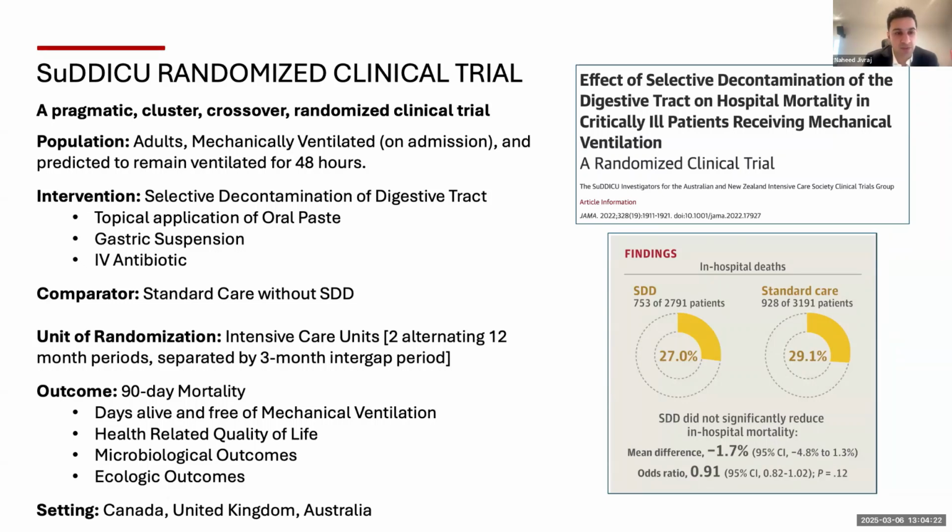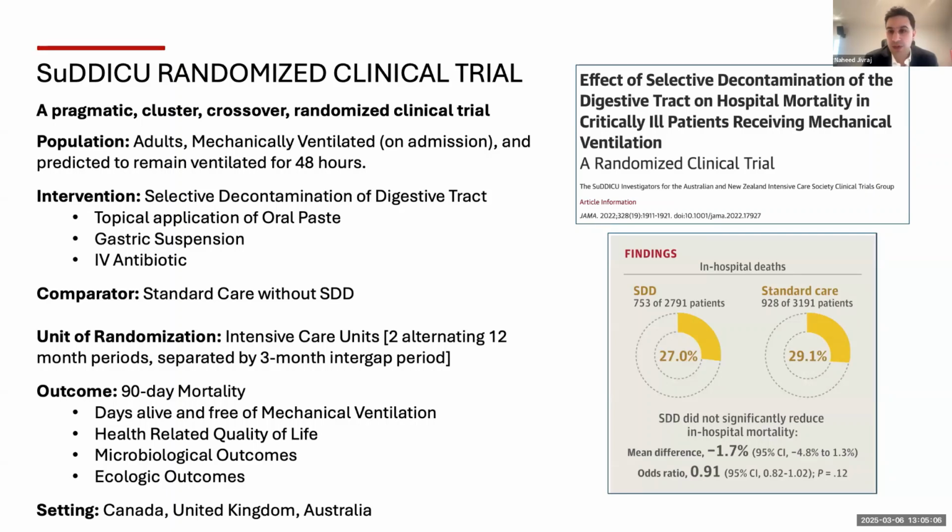And for this trial, the unit of randomization was intensive care units, where they had two alternating 12-month periods, one 12-month period in the intervention group and one period in the control group. And this was separated by a 3-month intergap period. Now, this design was chosen as I discussed earlier. There's evidence to suggest that the intervention itself, selective decontamination, may change the ecology, flora, and antimicrobial resistance patterns of the unit. And as such, there's probably a cluster level effect that could drive some of the benefit or harm. The outcome of interest was 90-day mortality,